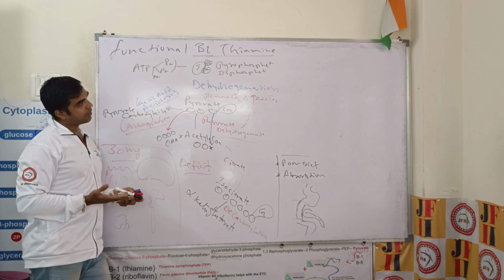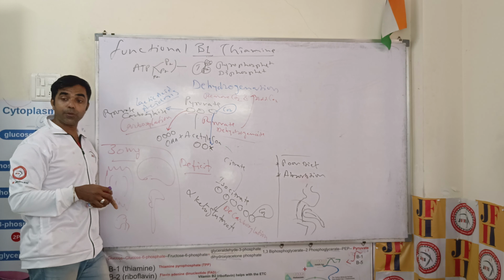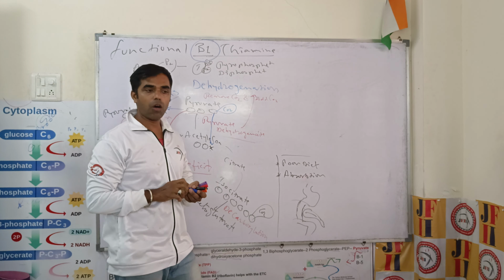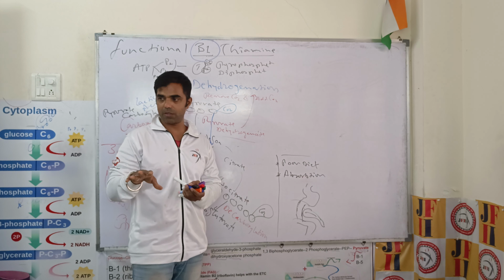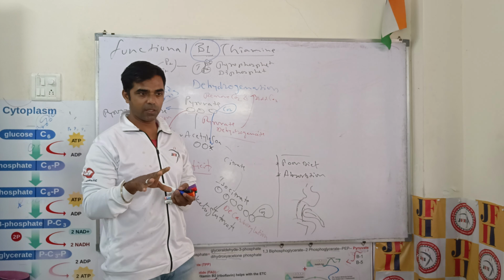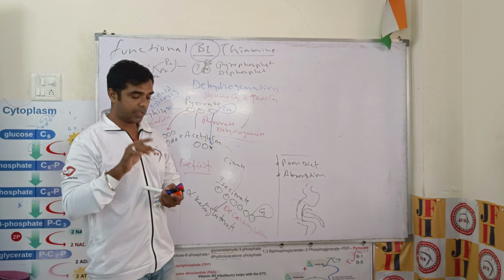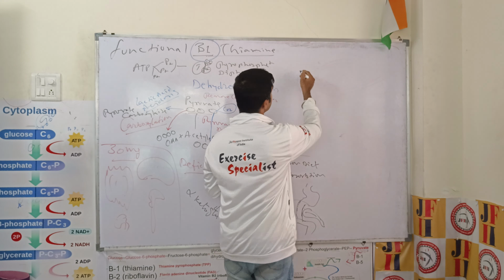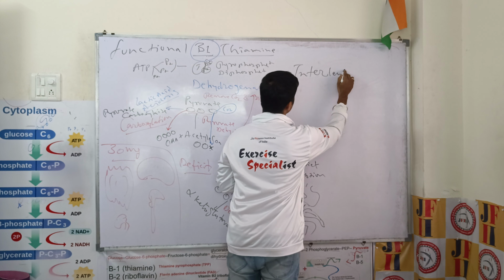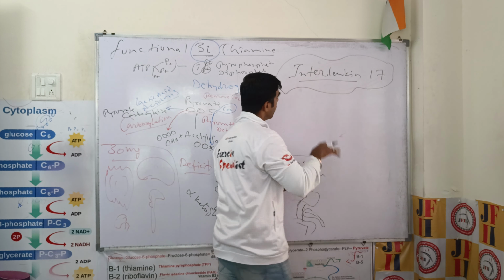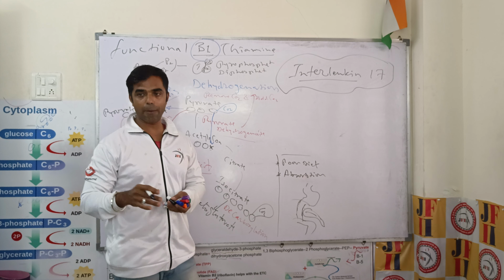Now, what else can we add here? This B1 is used in ICU, when a patient comes as a septic shock patient, or a patient coming with COVID, a lot of pneumonia cases, in septic shock. At that point, if 100 milligrams is given, that can recover the patient. How? It will calm down interleukin 17. Interleukin 17 activity will stop, calm down, lower. Then there will be a low pro-inflammatory process, and then there will be low damage. So this is